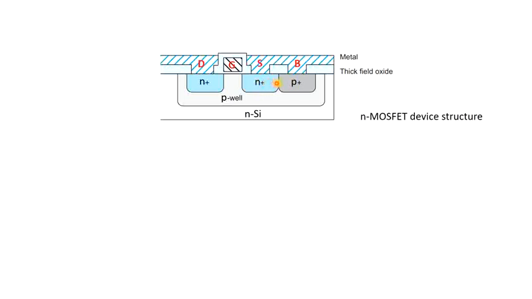Beside this N plus, you can also see another P plus doping has been done, which will act as a body contact or the substrate contact for this MOSFET. Why do we have to dope it with P plus? So that it can create a good ohmic contact with this P well.